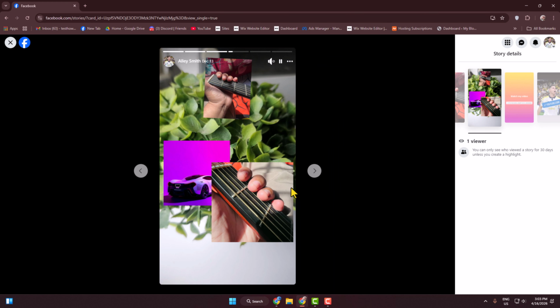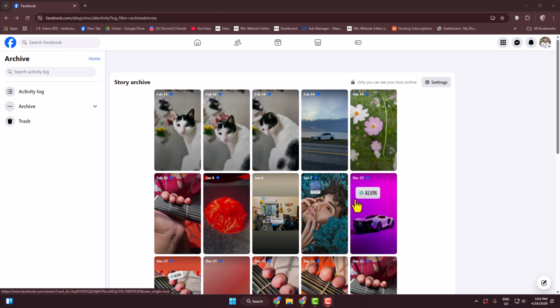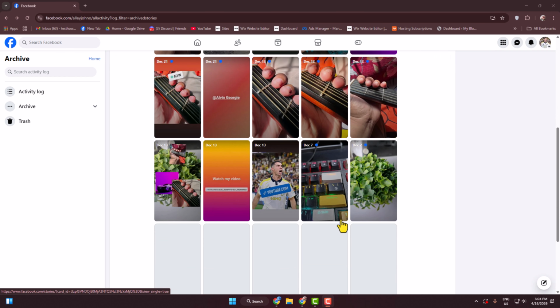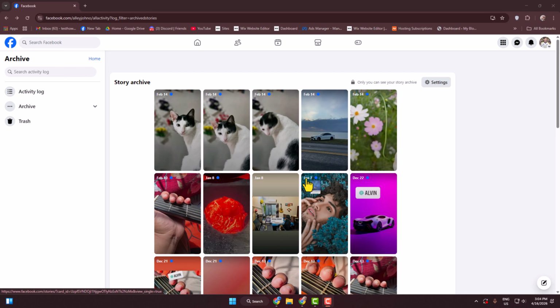Just click the memory, and here we can see the memory successfully obtained. And now in your archive story, if you don't see any memories, it means your archiving stories option is turned off. To turn it on, all you need to do is just click on settings from here,